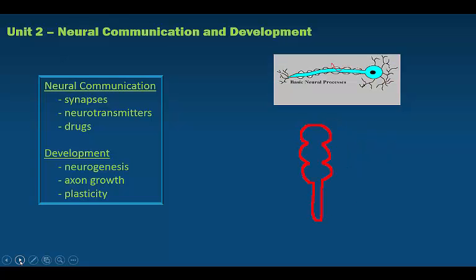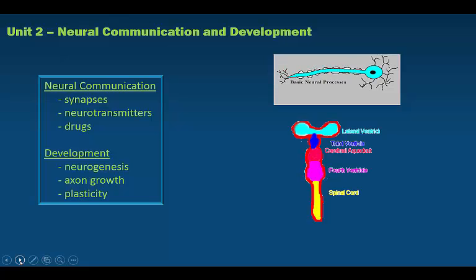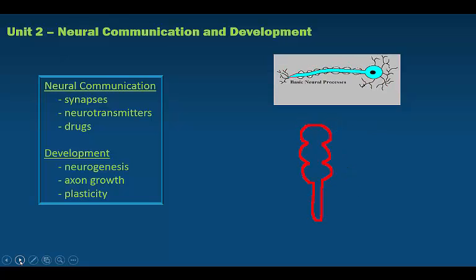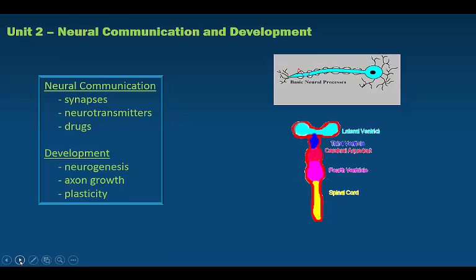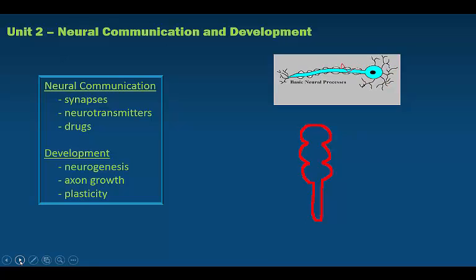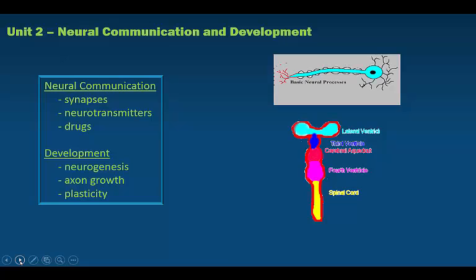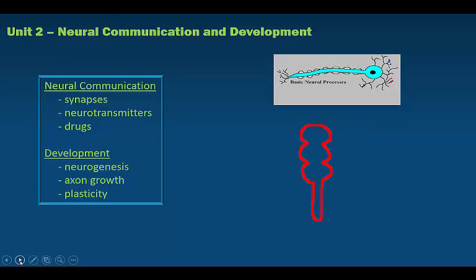The second half of this unit is devoted to the study of brain development. Truly a fascinating phenomenon. As you will see, while most brain development occurs during the fetal period, development continues to some extent throughout our lives and forms the basis of what is known as brain plasticity, or the ability of the brain to change as a result of our individual life experiences. A truly amazing process.